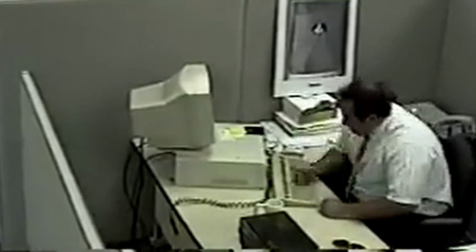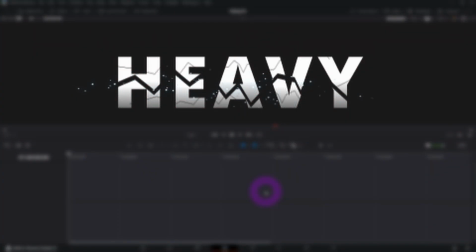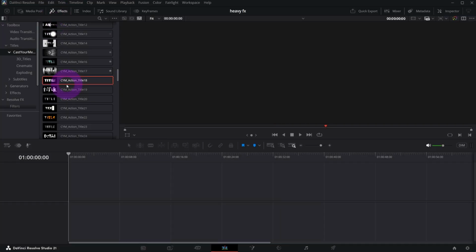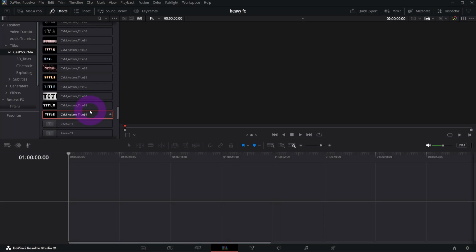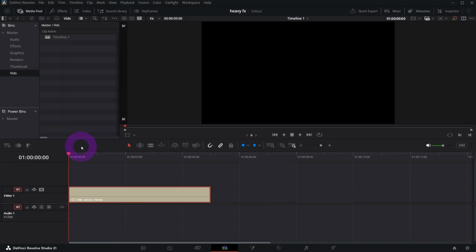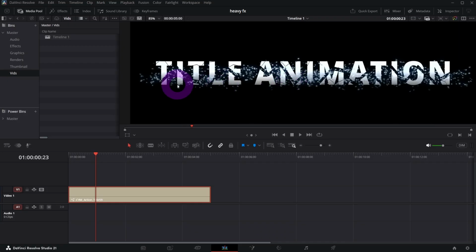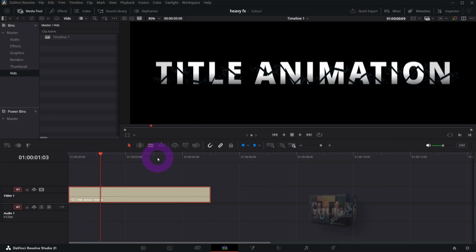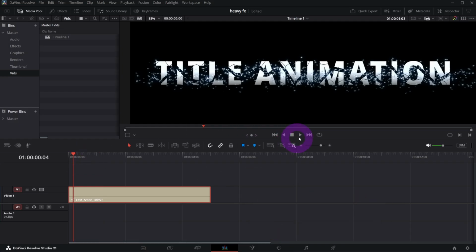In today's video, I want to talk about heavy effects that you might struggle with in your timeline and how to deal with it. As an example, I'm going to use my title effect number 59 that looks like so. As you see, I got particles effect here, so this is quite heavy, and probably if you're working on a regular PC, regular laptop, you won't be able to preview it in real time,